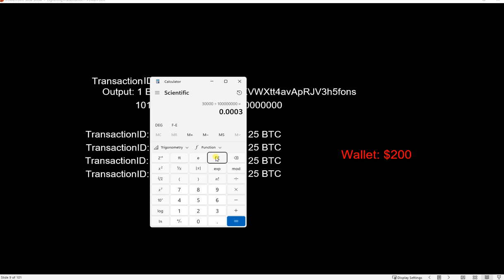Now, if you can imagine in the beginning, if you always went by Satoshi, you could say, oh my gosh, in the last 10 years, Bitcoin has gone from 0.000000001 and now it's all the way at 0.0003. Oh my gosh, that's amazing. Like, no, that's not really exciting and it's not really tangible. Now, granted, it's the same thing as saying Bitcoin went from $1 to $30,000, but you're using larger